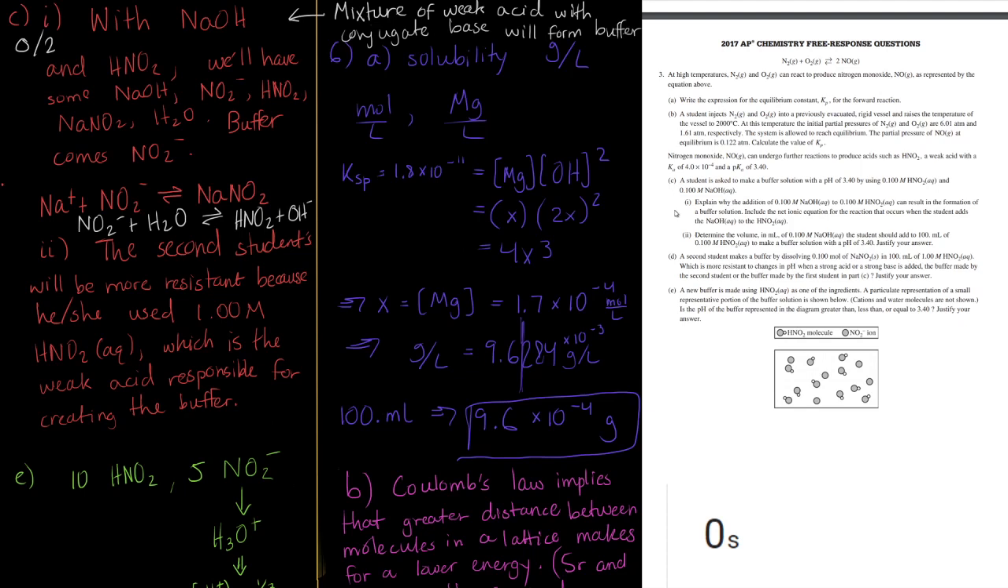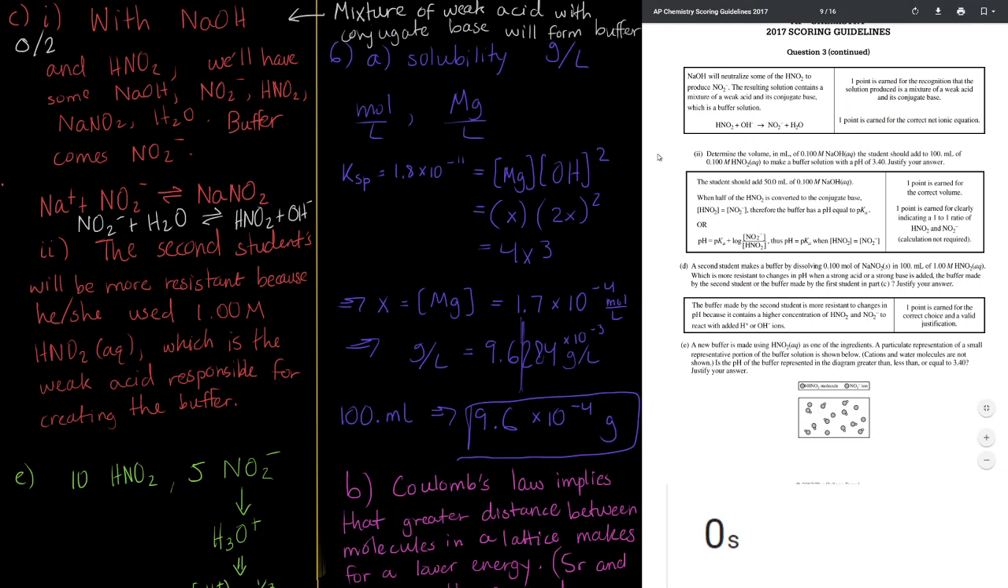Okay, I completely skipped C-II, and I just went on to part D and wrote that as C-II. So for C-II, it says determine the volume in milliliters that the student should add to make a buffer solution of pH 3.4, not 3.14. So it says that